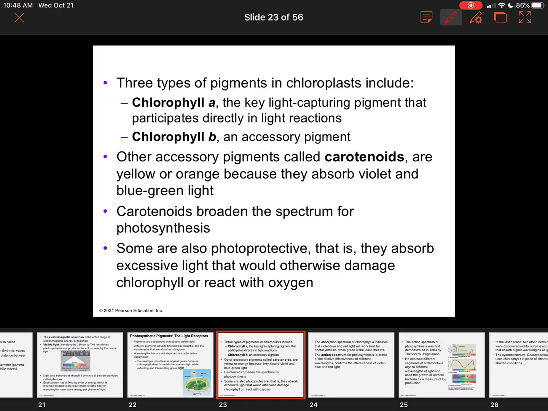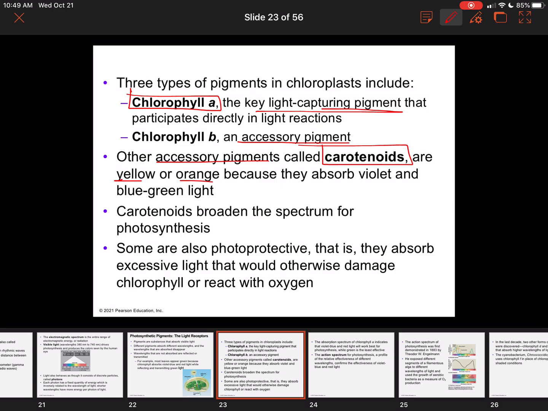It says we have three types of pigments in chloroplasts. The main one will be chlorophyll A, and so that's going to capture the light for us for photosynthesis. We also have chlorophyll B. It's an accessory pigment. It's also used, but not as much as A. And then there's a couple of other accessory pigments called carotenoids. These are the ones that are yellow and orange, and